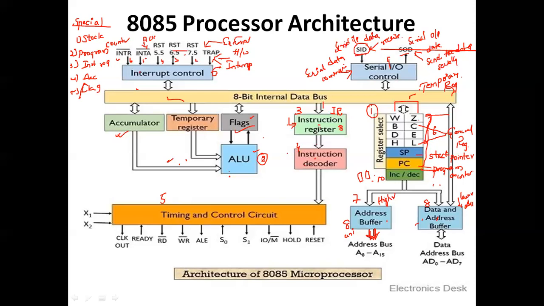So this is how the basic components of the 8085 microprocessor have been covered. Fine. All the blocks we have covered over here. This is a very important diagram, so you have to learn the diagram and draw it in your rough work, so that it will be very useful to remember everything when you are writing your examination. So this is how the 8085 processor architecture is.